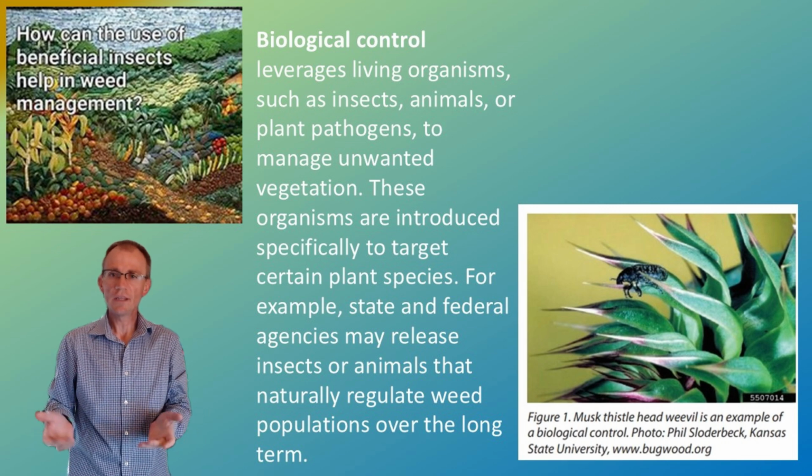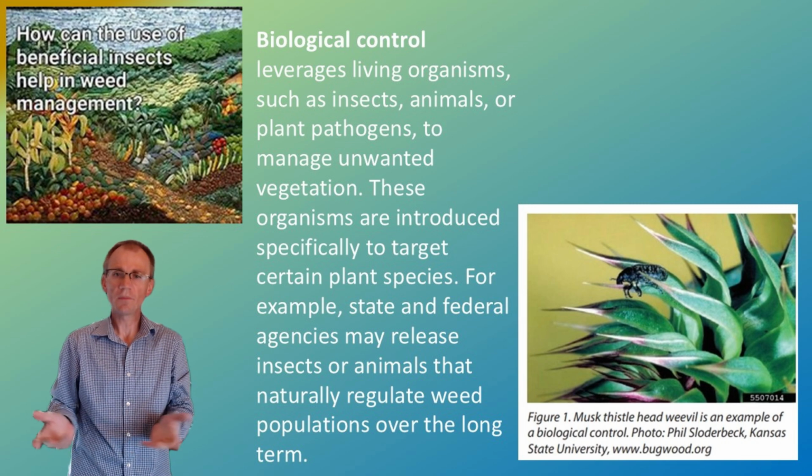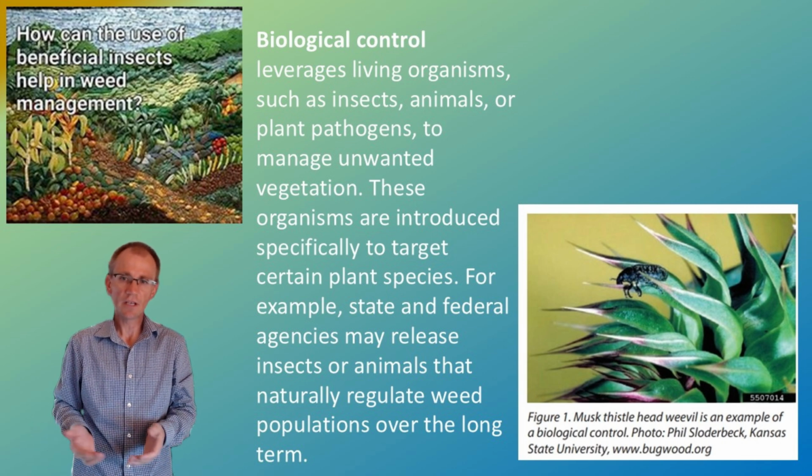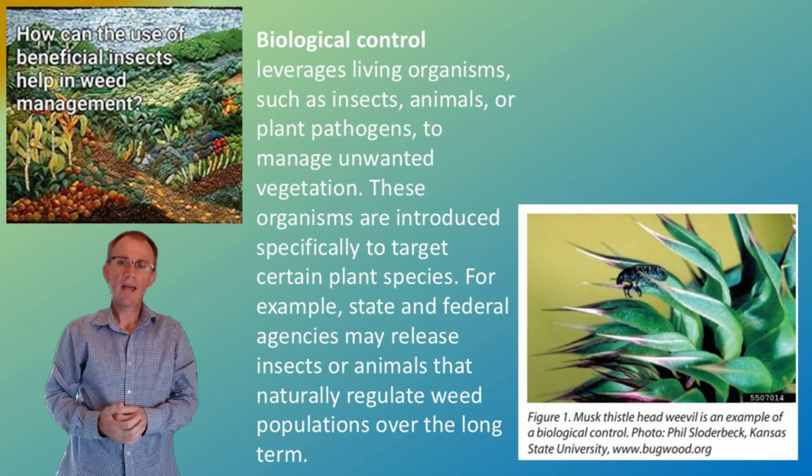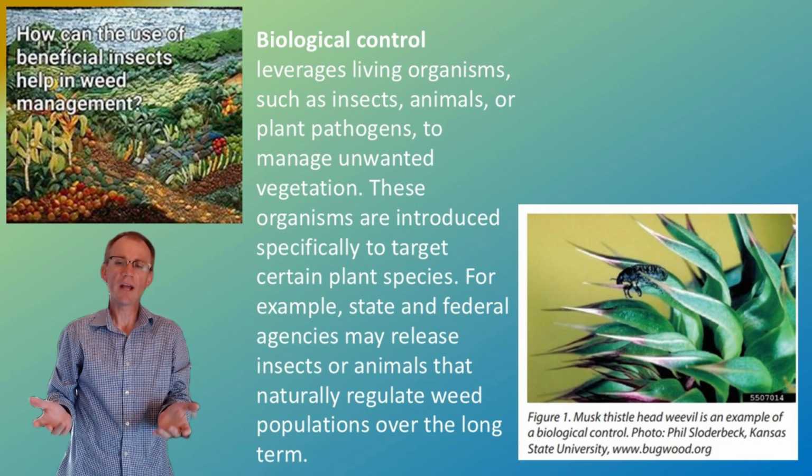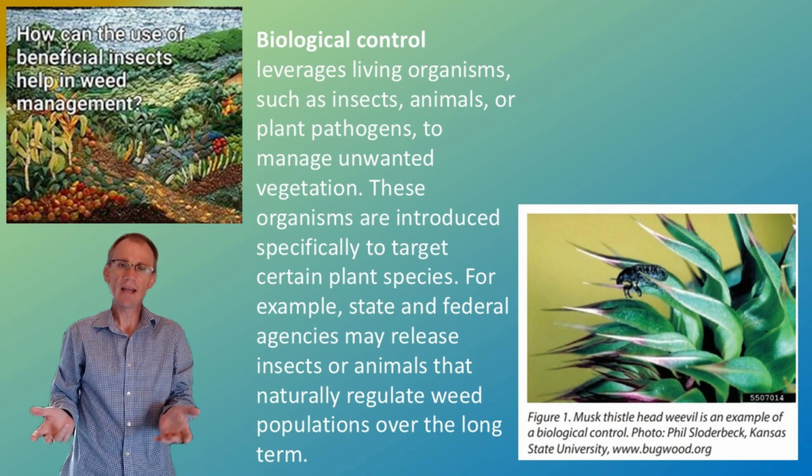Biological control leverages living organisms such as insects, animals, or plant pathogens to manage unwanted vegetation. These organisms are introduced specifically to target certain plant species. For example, state and federal agencies may release insects or animals that naturally regulate weed populations over the long term. As shown in the image on the bottom right here, the musk thistle head weevil is an example of a biological